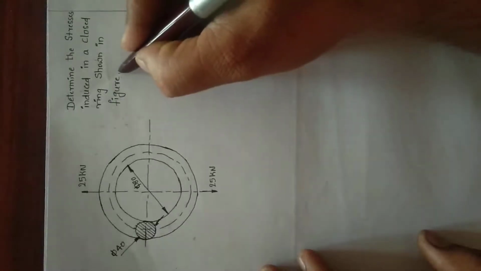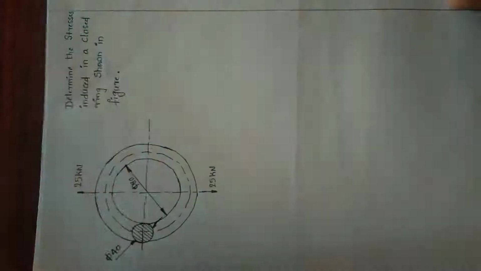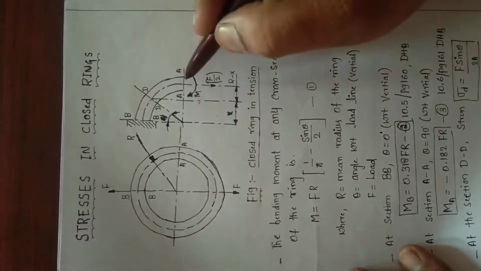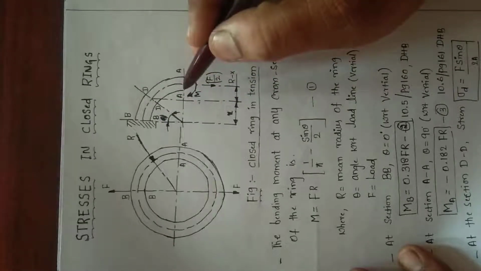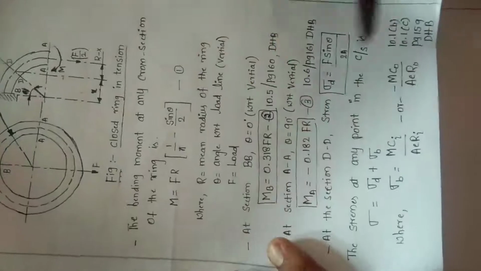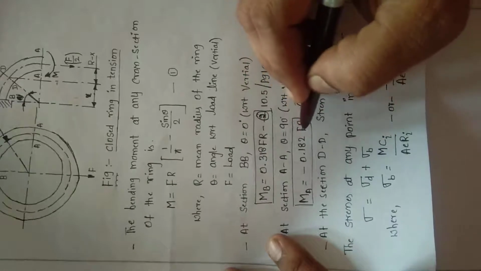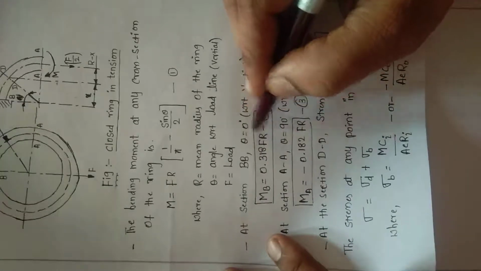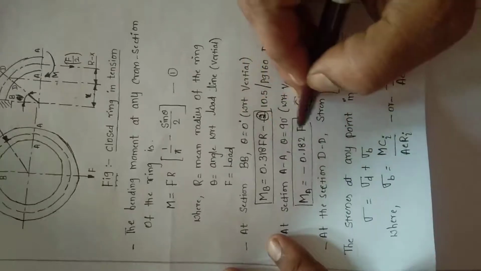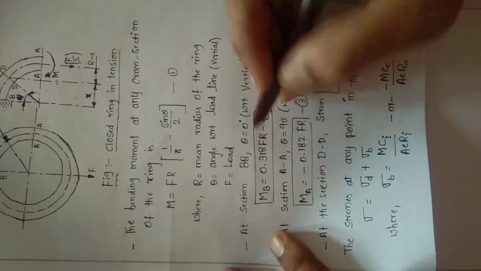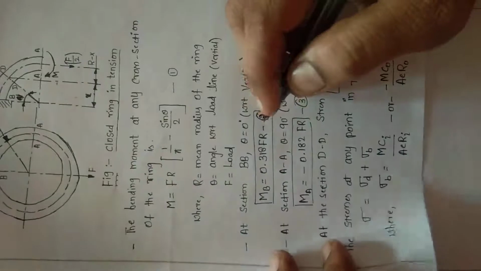Okay, so now we have to consider the symmetrical part that we derived. We need not draw the diagram, but we have to understand it. This is the symmetrical part we considered in the derivation, where theta is at 0 and theta is at 90 degrees. Theta equal to 0 has its moment formula, and theta equal to 90 has its moment formula. Here you can observe carefully, when theta is 0 you have a positive value, and for theta equal to 90 we have the negative value, because we consider the inner fiber as compression and the outer fiber as tension. Okay, fine.